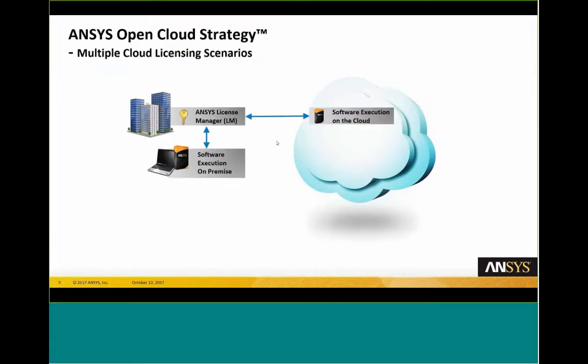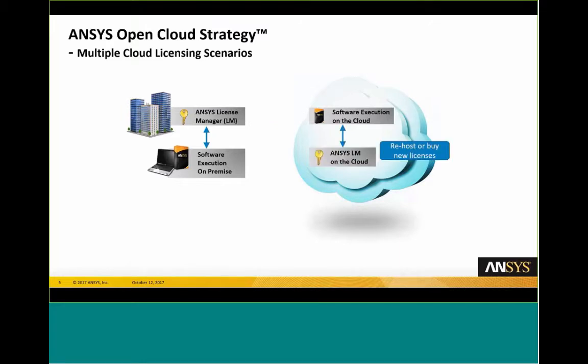But when you choose to run ANSYS on the cloud, for example on the Rescale cloud platform, one key point is that you don't necessarily need to buy new licenses or move licenses to the cloud data center. You can reach back through a secure firewall connection and use the licenses you already own. That's an option. There are other options as well.